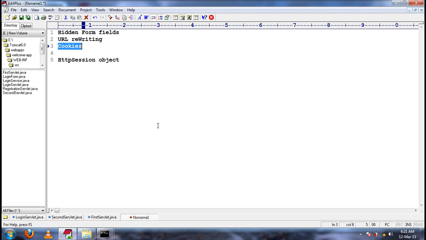Now from this browser we are accessing this Google application. Is it required that this browser and this server be located in the same machine? No. Browser and server may or may not be located in the same machine.